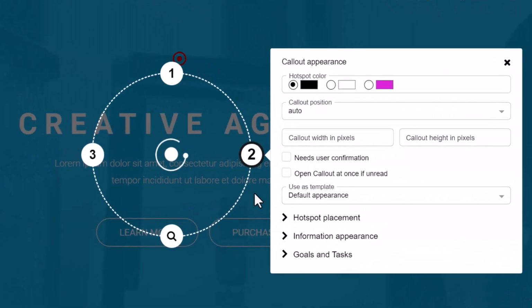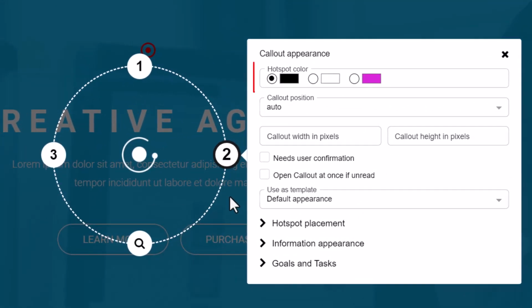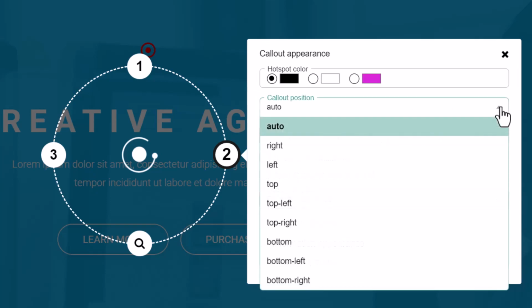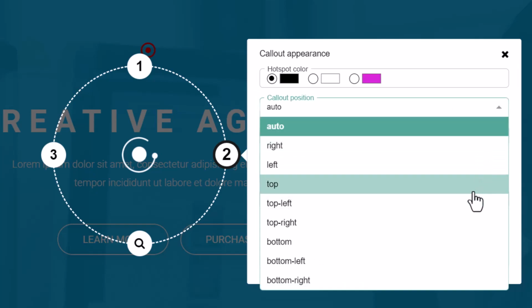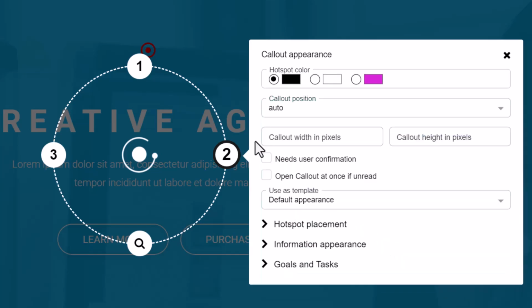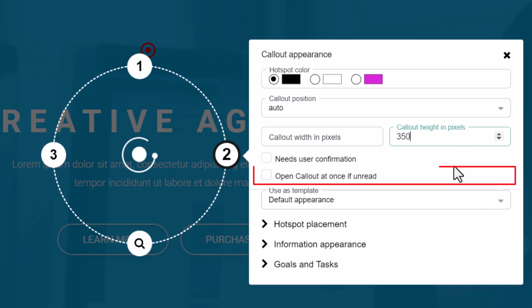In step 2, you can configure things like what color the hotspot should have, in which position it should open, or the height and the width of it. But I would like to highlight 2 things here. First, the checkbox Open Callout at once.